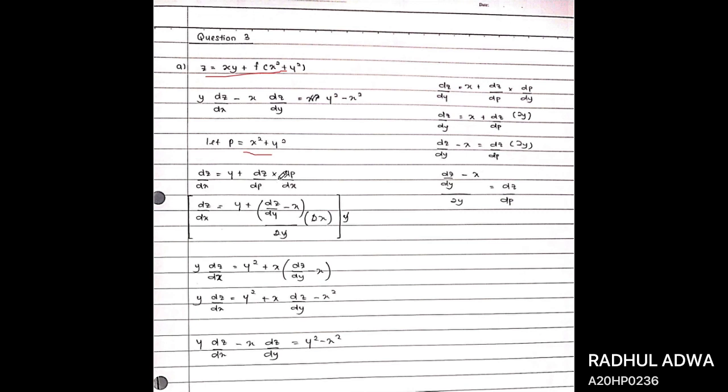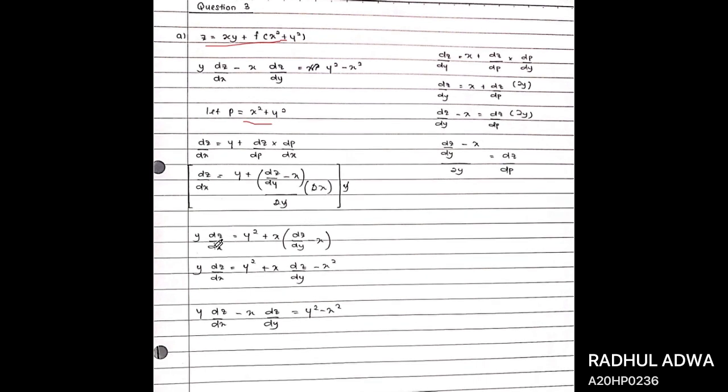And to find dz over dp, we need to use dz over dy equals x plus dz over dp times dp over dy. So we can get dp over dy is 2y, and move x and 2y to the left side, we will get dz over dp equals dz over dy minus x over 2y. And substitute in the equation, we will get dz over dx equals y plus in bracket dz over dy minus x over 2y times 2x in bracket y. We can cancel out 2y with 2 and y,